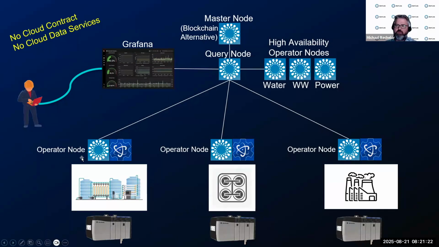But when you stay with the edge, we didn't want just one node that's holding the information for the water plant, for instance, and the same with the other two. We wanted to have high availability of that data, so we wanted to replicate that. And we have done that on separate nodes: water, wastewater, and power. They each have the second node logging. That can expand as much as you want and where you want to put it.